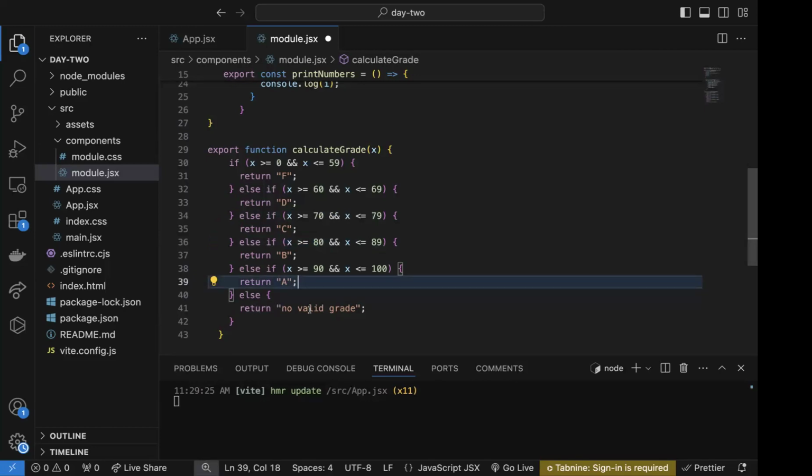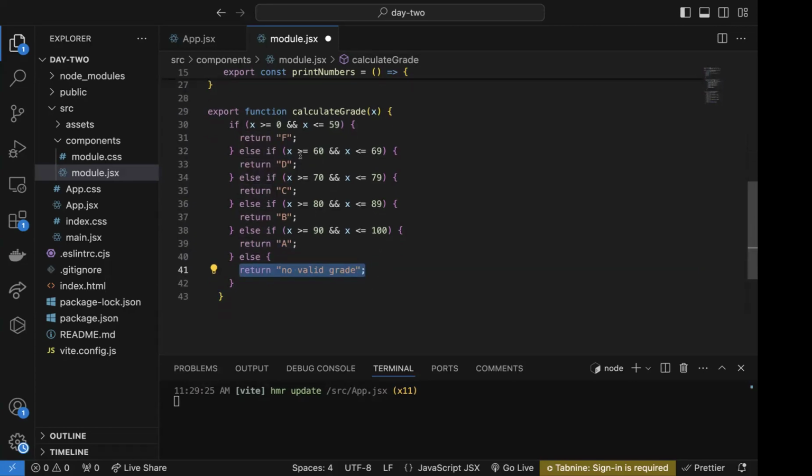Then if the number does not fall within the range between 0 and 100, we should return an invalid grade. So if we import this here,